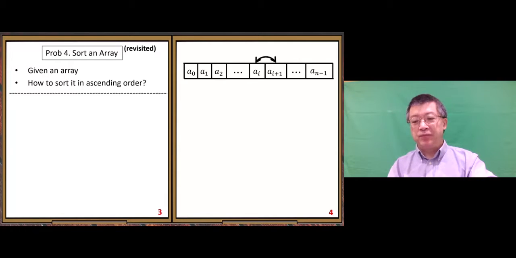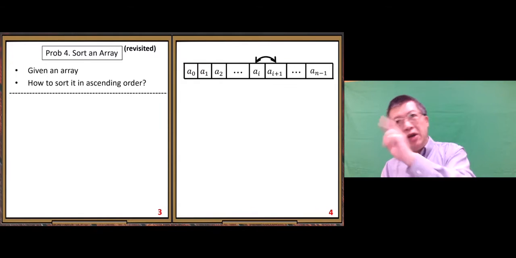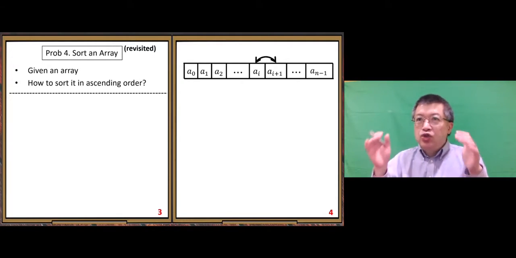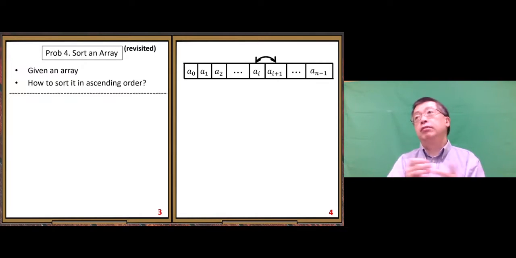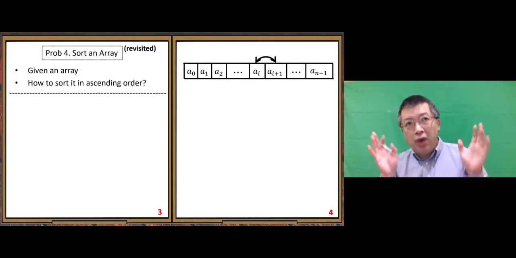If we look at two adjacent elements in the array, and suppose the array is not sorted. If it is sorted, then it's done, right? We don't need to work on it. But if this array is not sorted,